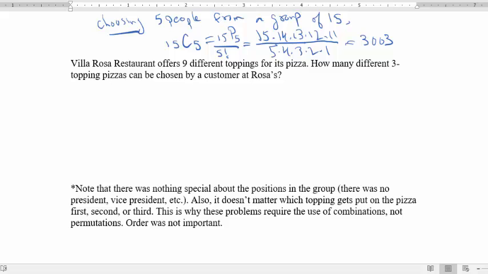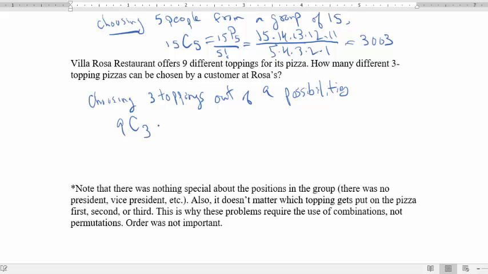All right. And then again, the same thing with the pizza toppings. It doesn't matter the order that you're doing. So if I'm choosing 3 toppings out of 9 possibilities, that's actually going to be 9C3. And 9C3 is going to be 9 times 8 times 7, right? It's 9P3 divided by 3 factorial, divided by 3 times 2 times 1. Okay, so 9C3,